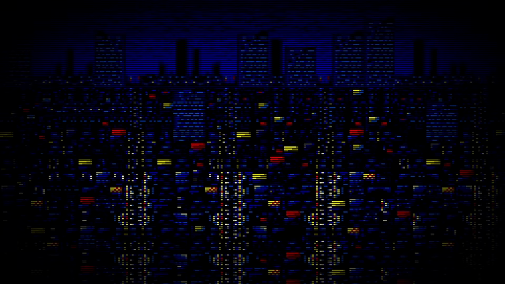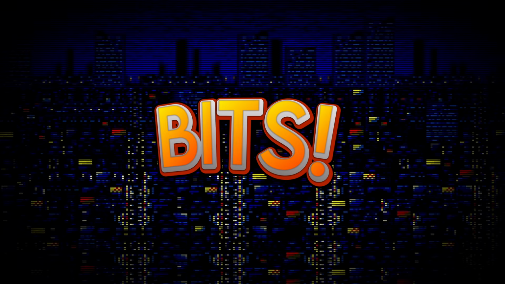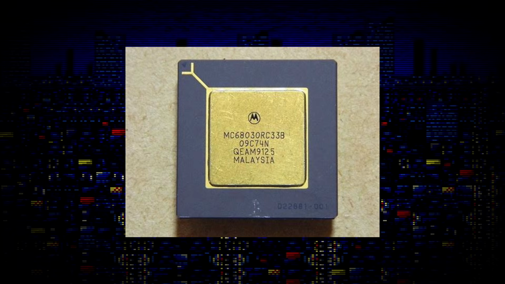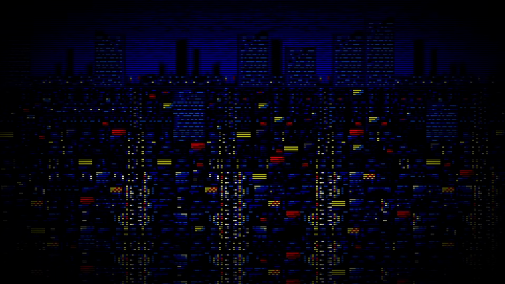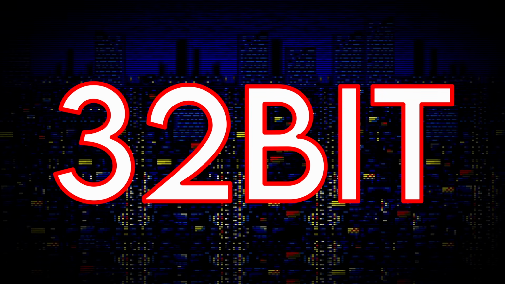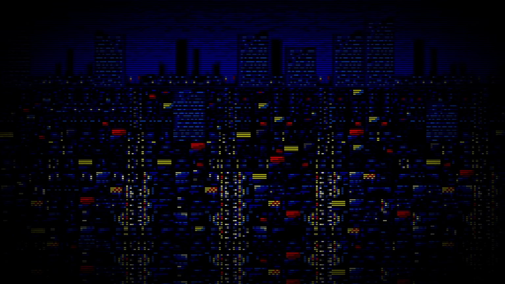Now, if you're not really sure what that is because you're a young person, this thing hasn't really been around in modern consoles. The idea of bits is based on how powerful and how big an instruction, in terms of bits, that a CPU can process. Up until a certain point, it seemed quite straightforward. You had 8-bit, 16-bit, 32-bit, 64-bit, and supposedly 128-bit chips. However, the reality of the situation was somewhat different to this, as we'll see.